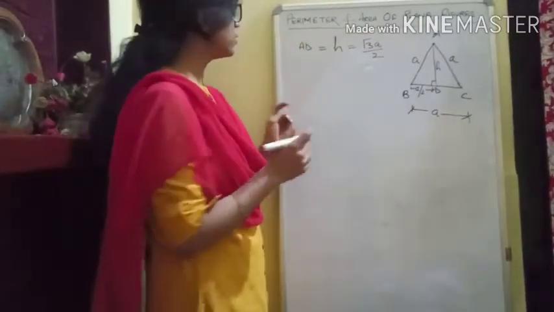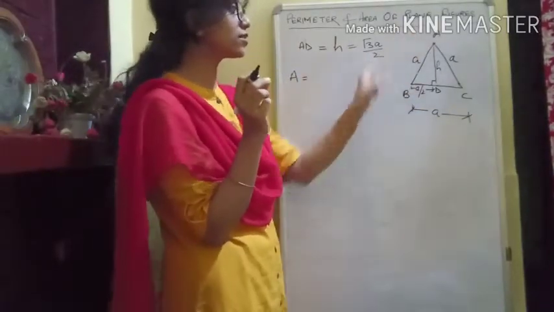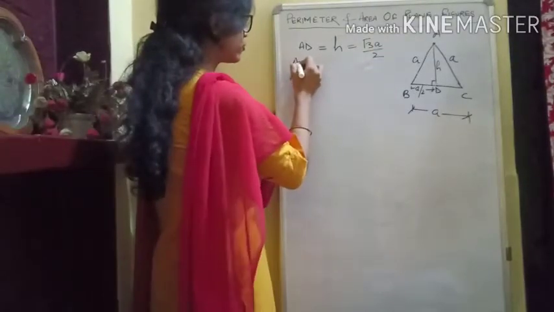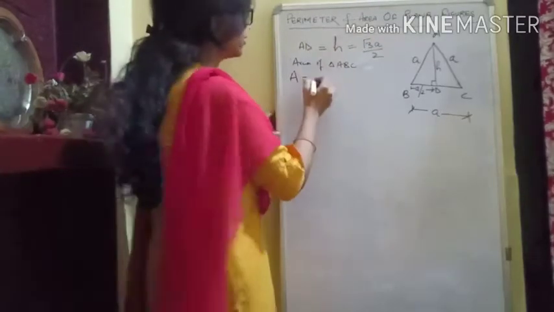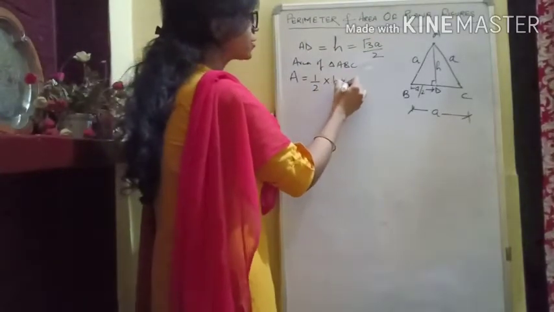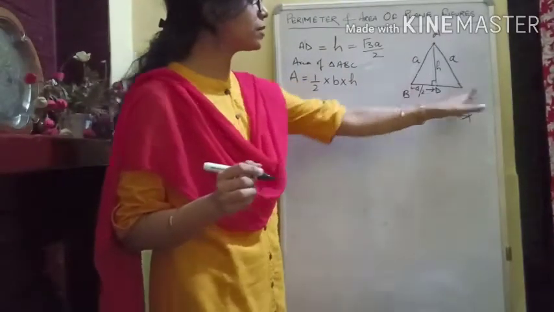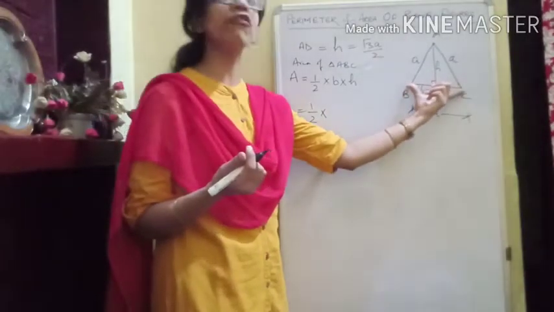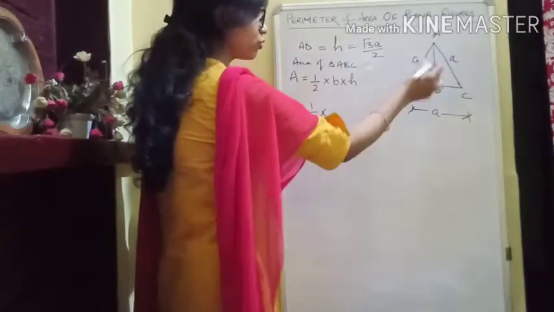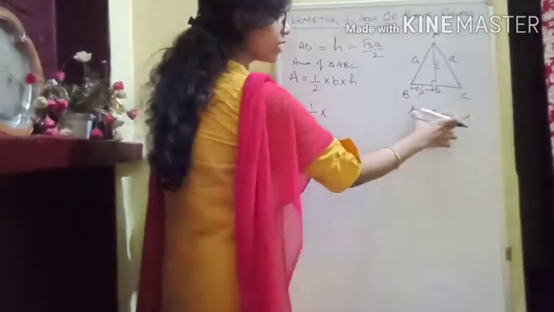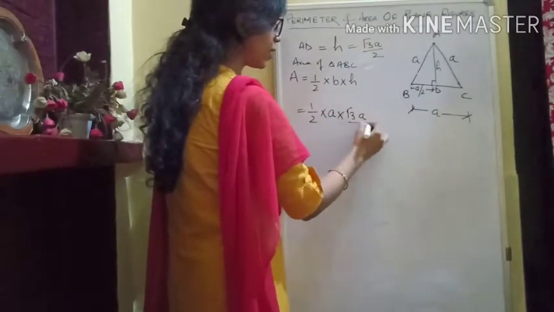now we can apply the formula for area. Area is area of which triangle? We are taking now the whole triangle, that is ABC. It would be better if you write area of triangle ABC. We are now taking the whole triangle. The simple formula is half base and height. Now half base. If you are taking this whole triangle ABC, what is the base? The total of BC. We will not take the base BD because the total base is BC. Okay, so the base is BC, and what is the length of BC we have? a. Into what is the height we have calculated? It is root 3a by 2.